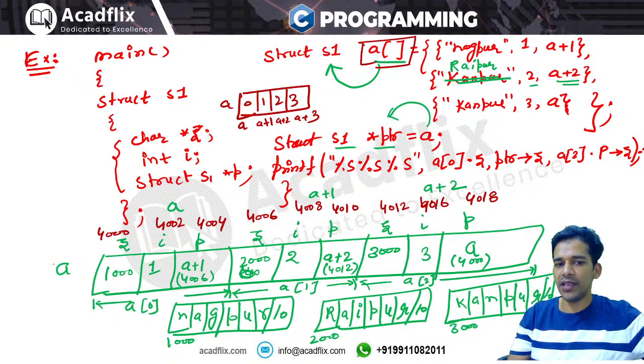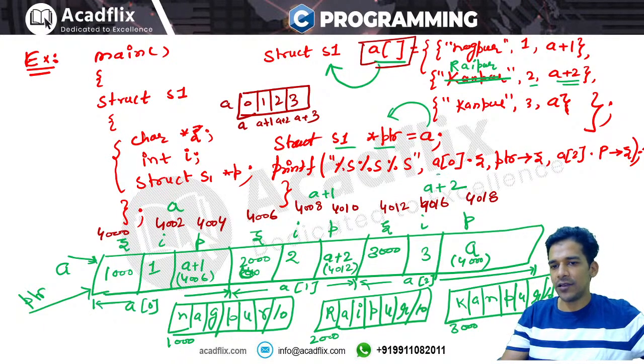So then we have defined a pointer, structure type pointer, and we are saying it is initialized with A. That means the base address of this array. That means this ptr is pointing to this particular array, this complete array, just like your A is also pointing to this same array. A is the base address, because the name of the array keeps the base address of the array. So ptr is also having the base address of the array.